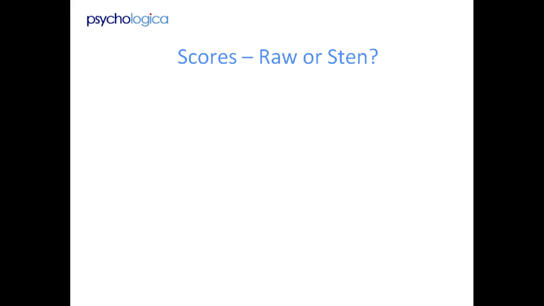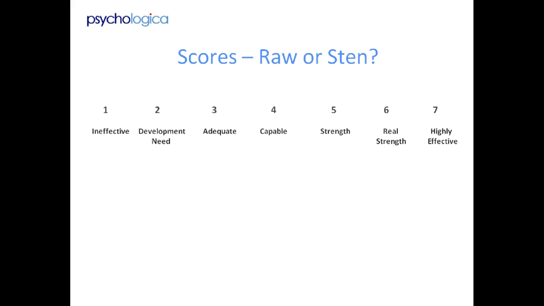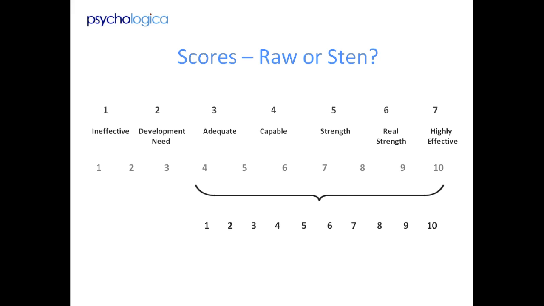Okay, let's look at this in a bit more detail to help you understand the choice between a raw or a STEN score option. So we have a survey scale of 1 to 7, showing levels of effectiveness. This is converted to a scale of 1 to 10 in the raw score version. However, for some comparison groups, such as leaders, they may only have a range of about 3.5 to 10, in that most of them do show strengths in a certain area, and it's unlikely that they will find themselves in a leadership position if development was needed or